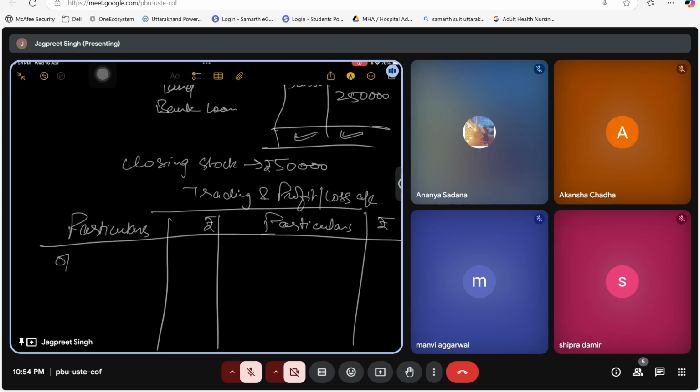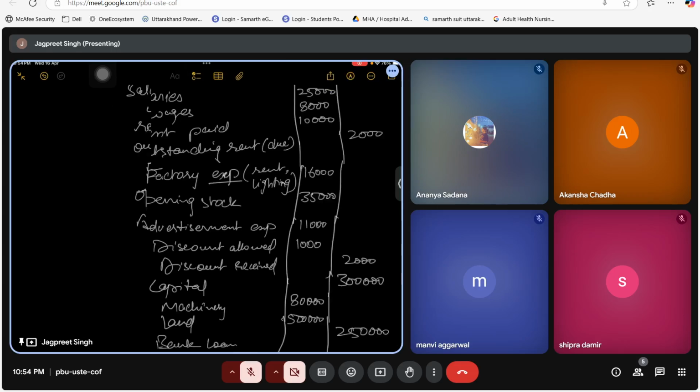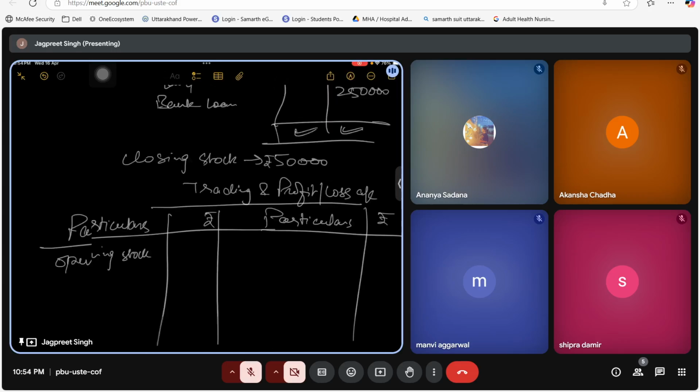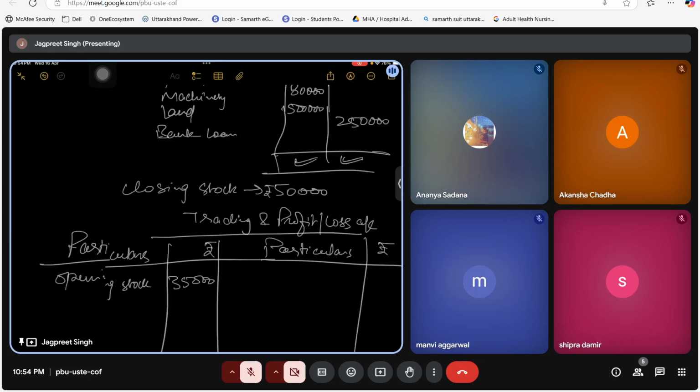तो हमारे फॉर्मेट के हिसाब से हम लोग पहले ओपनिंग स्टॉक रिकॉर्ड करते हैं। यहाँ पे ओपनिंग स्टॉक हमारा जो भी ऊपर ट्रायल बैलेंस में गिवन है हम लिख देते हैं। यहाँ से ओपनिंग स्टॉक कहाँ है हमारे पास, ये रहा। ओपनिंग स्टॉक है हमारा 35,000 का, यहाँ से उठाएंगे और 35,000 रुपीज का ओपनिंग स्टॉक रिकॉर्ड कर देंगे। फिर हम देखते हैं और क्या क्या चीज है।